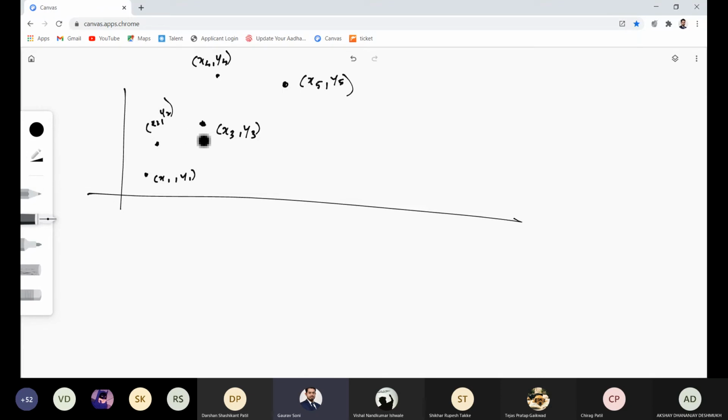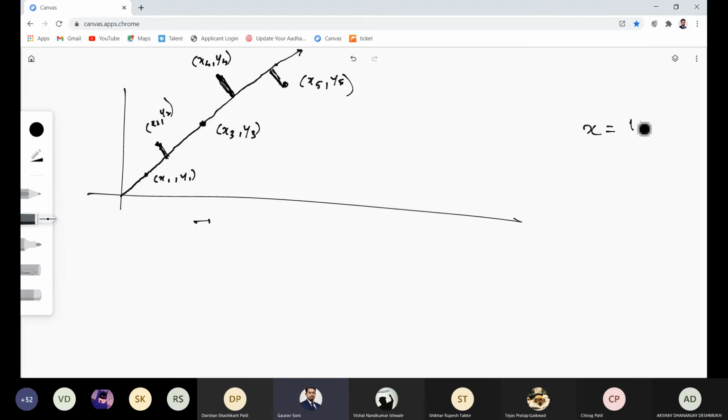By looking at these points, what I can do is guess that yes, if the value of x is increasing, the value of y is also increasing accordingly. So I can approximate this with a straight line. By using some technique, considering this distance minimum, some mathematical tools are used and I have approximated this data with a straight line.